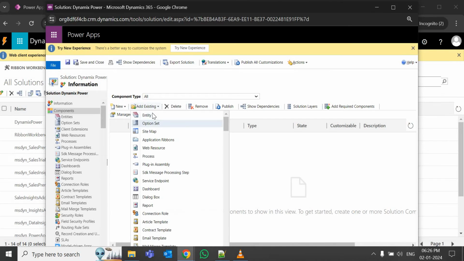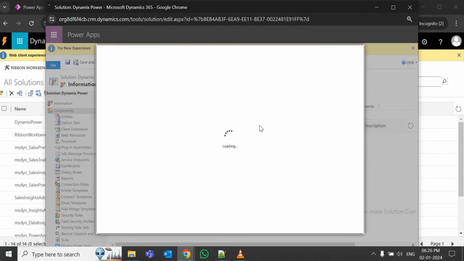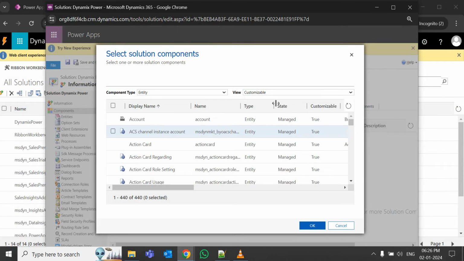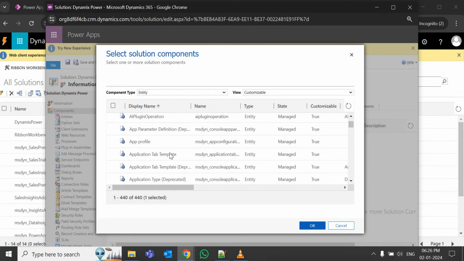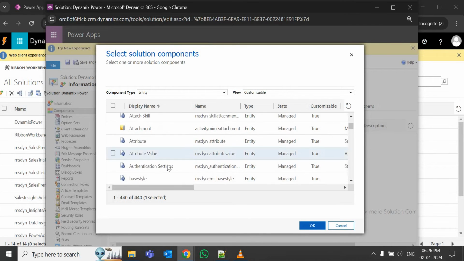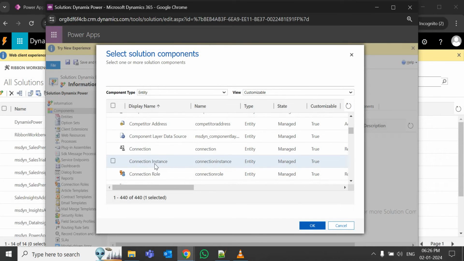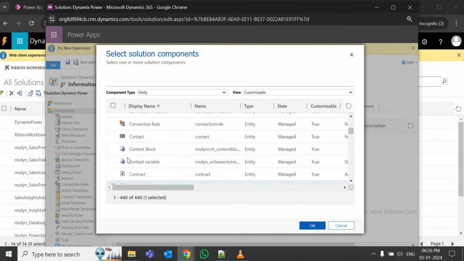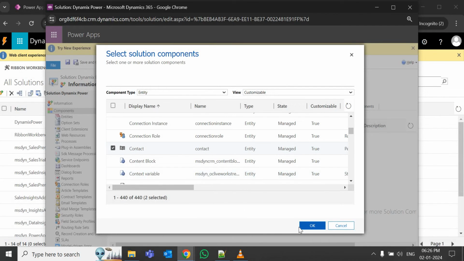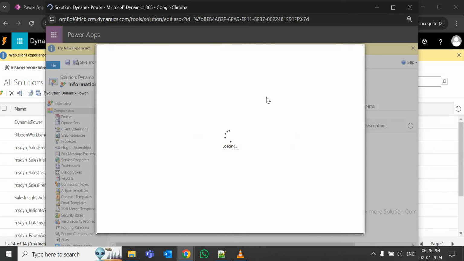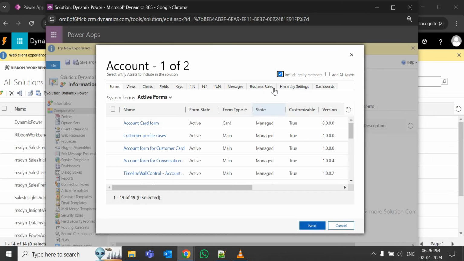Just click on add existing entity. Cool. And we have account and another one, contact. Click on OK, and there will be two checkboxes which should not be marked. They should be unchecked. So uncheck, click on next,